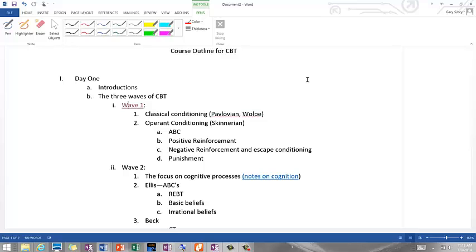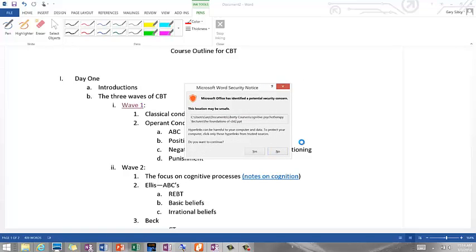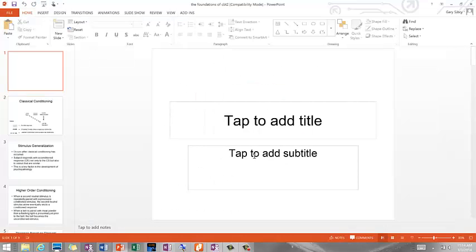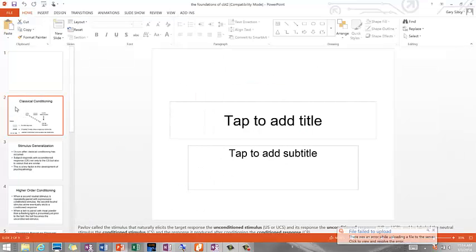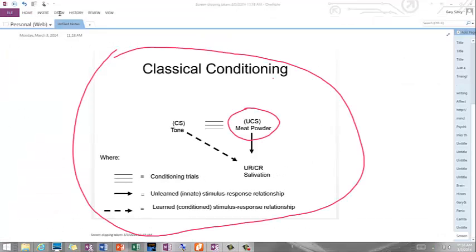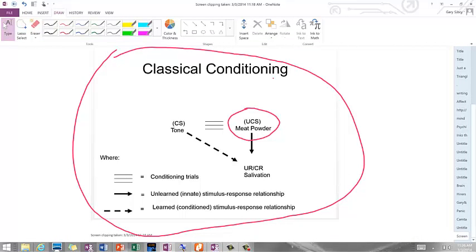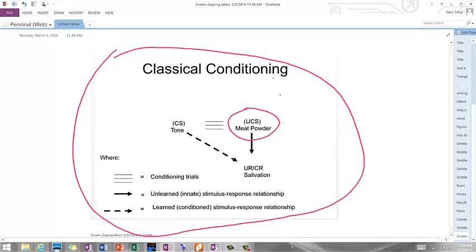But let's just start quickly, and we'll dive into understanding Pavlovian conditioning. All right, so we want to look at this picture, and we're trying to focus our attention really on this piece right here, the unconditioned stimulus. That's the meat powder.